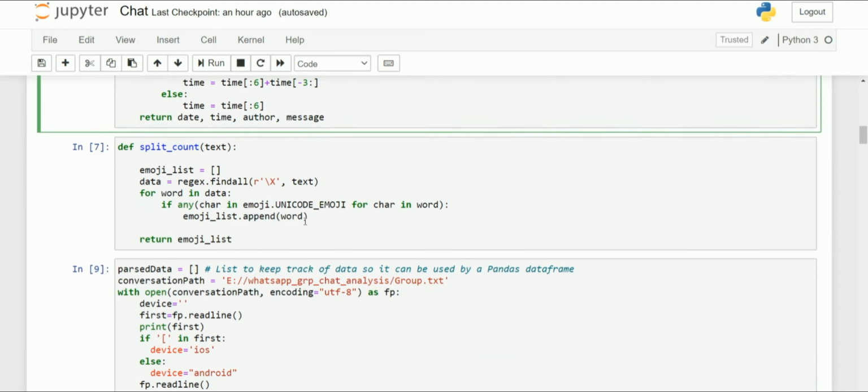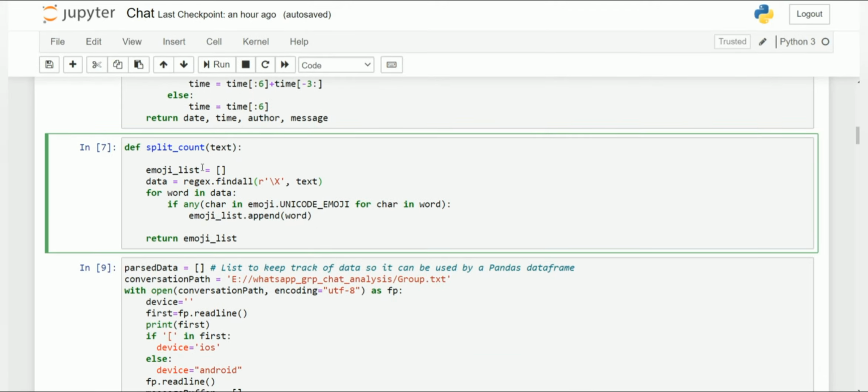Now let us start with split count. What the split count method function does is it will find all the emojis used in our message. So for that we have first created the emojis underscore list variable, which is an empty list. Then in the data variable we have stored all the emojis in our text, which means our message.